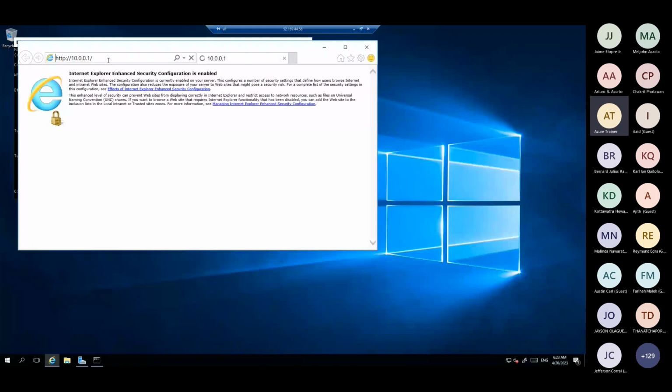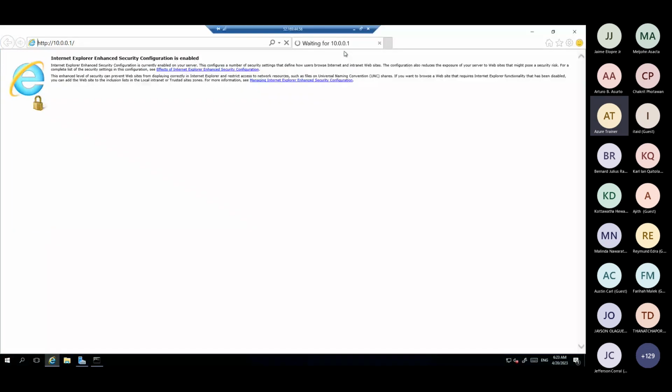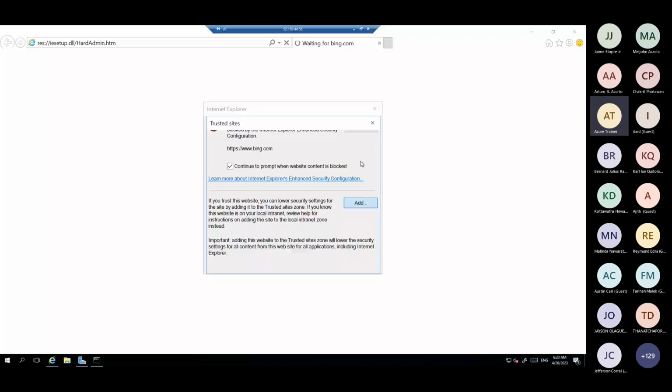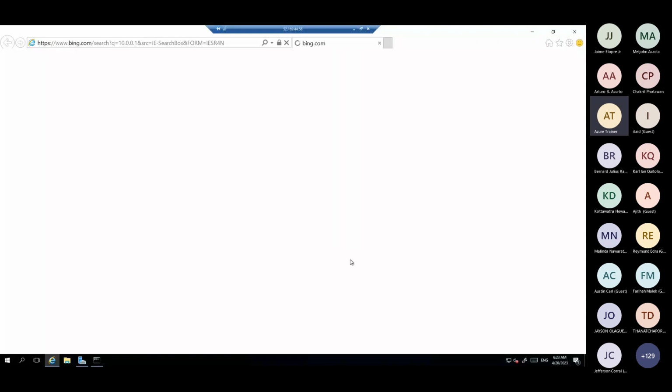You may be able to see that locally, or internally, your web server is working. The moment I try to connect internally, you can see the server is getting the connection here, right?